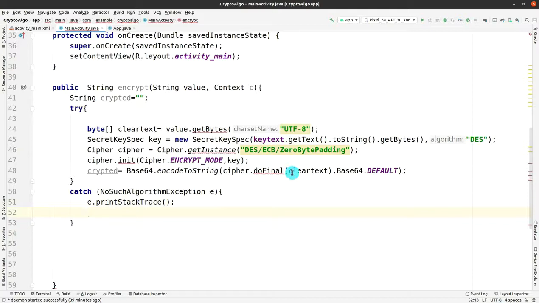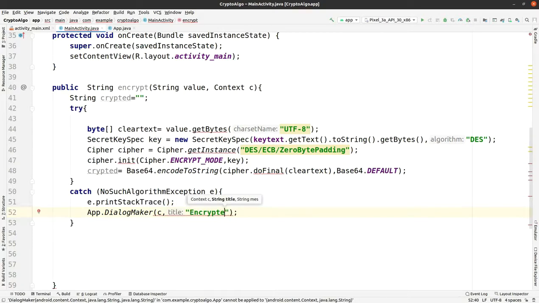Then we are making a dialog maker, as we made in the app class earlier, passing the context, and then passing a title into the dialog maker, that is encrypt error. Then we have to pass the message, like error.